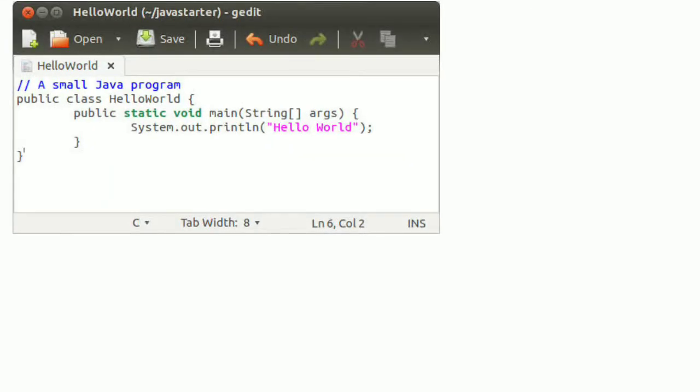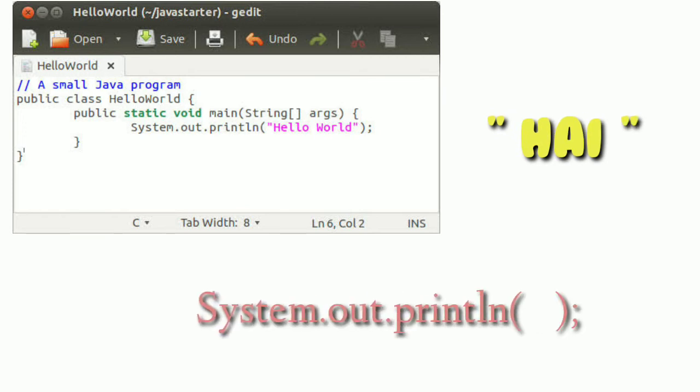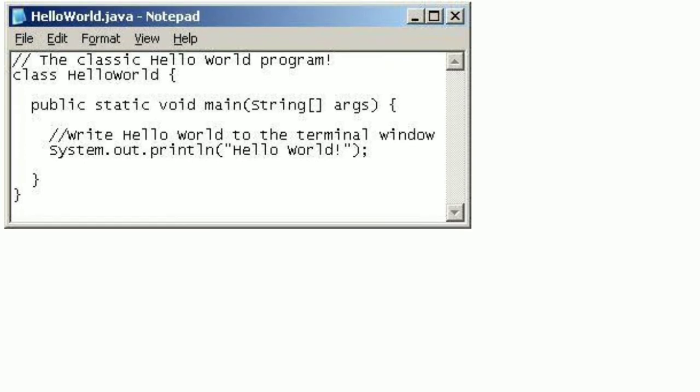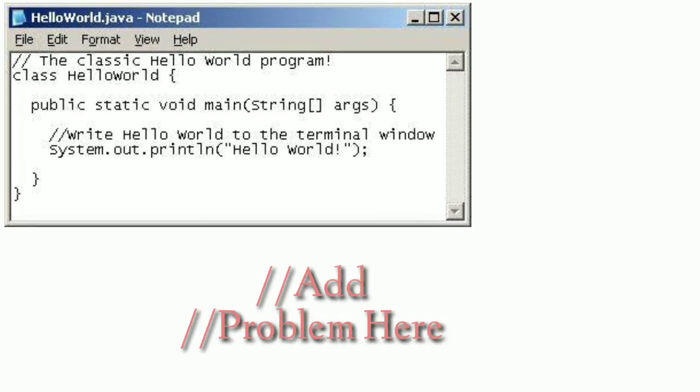If you want alphabetical things or your name on the console, you keep double quotes, which is nothing but a string. So in System.out.println we keep double quotes, which means that is exactly what the console has to print. If you want to hide something, or write a text as a reminder for your code, you have to keep some comments. Comments will be something like // and then you write some text over there. If you want to remember that this code is for this purpose, you write the text and remember it. The compiler and the JVM will ignore the comments.